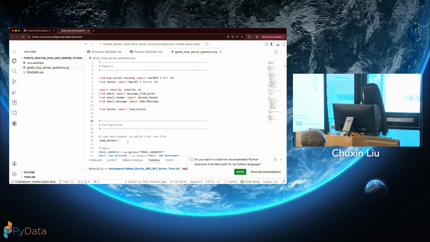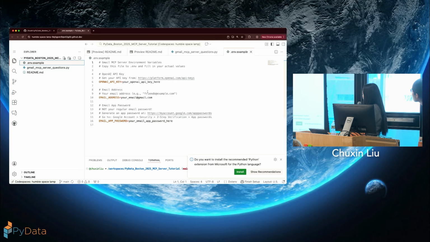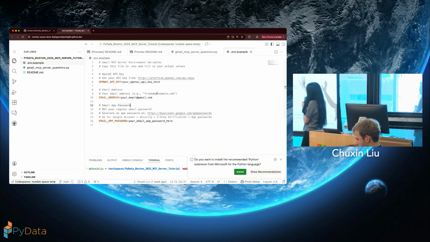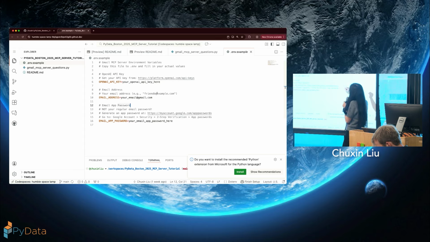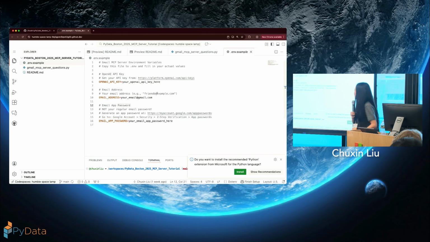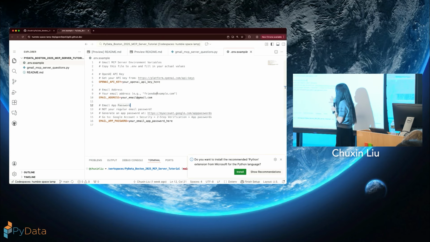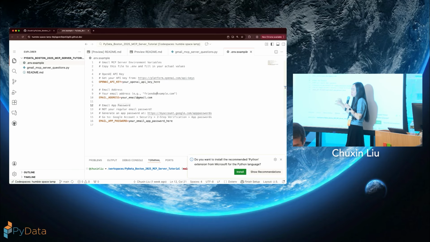In order for us to work on this, we will first need to work on our environment variables. So here, you should get 3 things. The first thing is your OpenAI API key. If you have gotten it, just copy paste here. And then your Gmail address. Sorry for the one who doesn't have a Gmail. Okay, and then this password is not your Gmail password. So don't put your Gmail password.